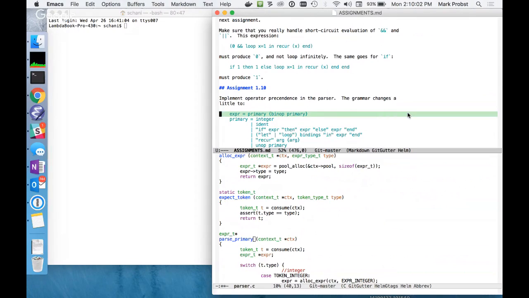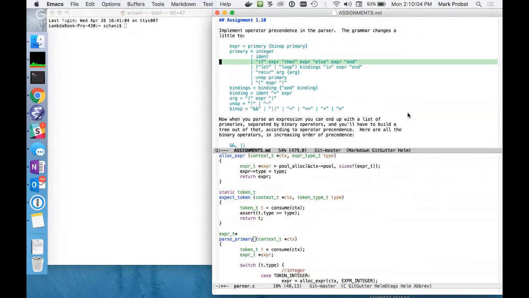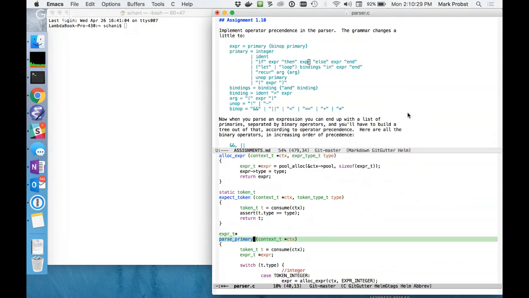Then also note that the expressions, the recursive expressions within the primary are still the top level expressions, right? So within an if, you can again use binary operators, which of course makes sense. So these two call each other recursively,